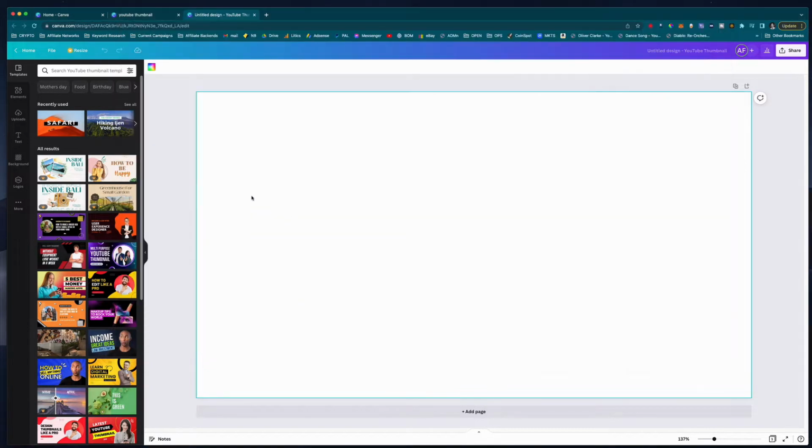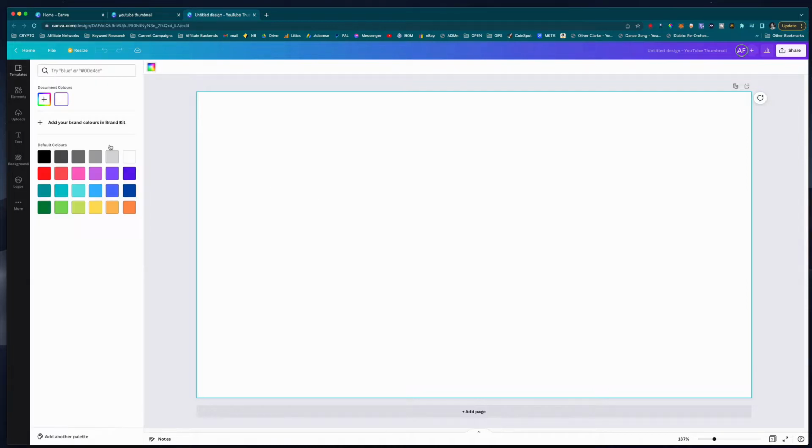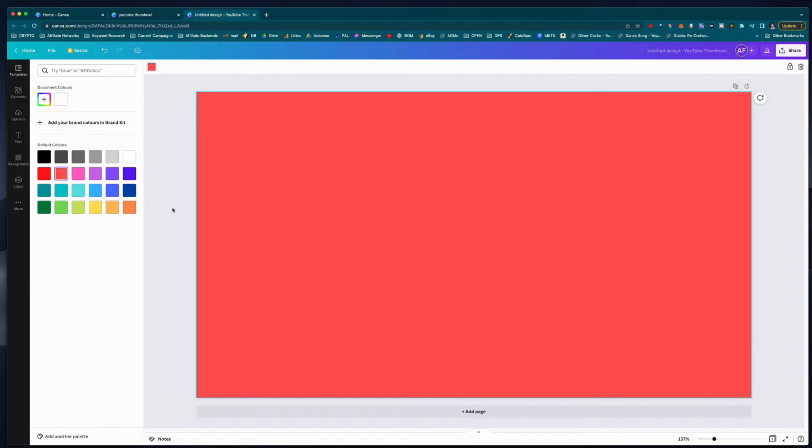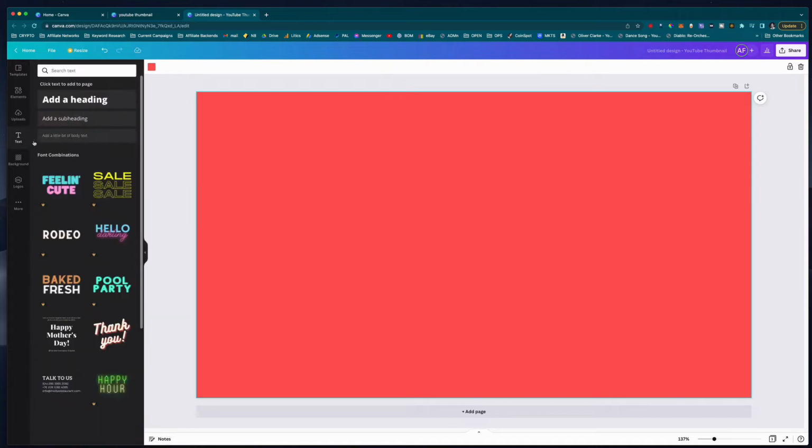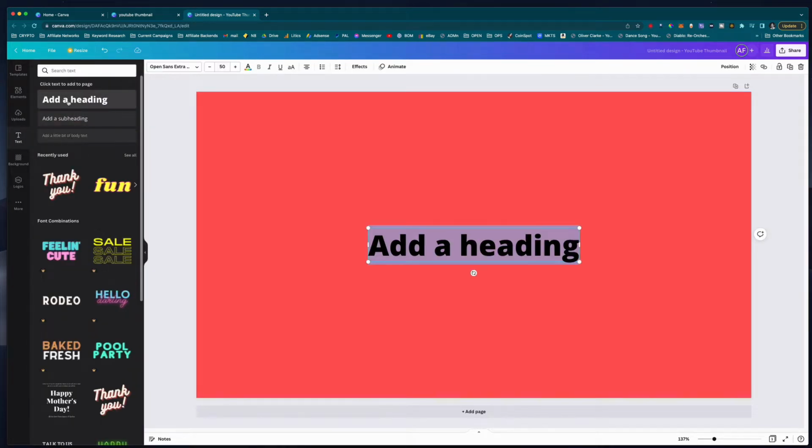So let's pick a nice bright color like I like this red color here. That's great. Now we need to put some writing on it. So I'm actually doing a YouTube video about making dark mode. So let's make a thumbnail for that. So once we've got the block color, let's add in some text. I'm just going to select add a heading. So I've just clicked the text over here, add a heading, and then I'm going to type in